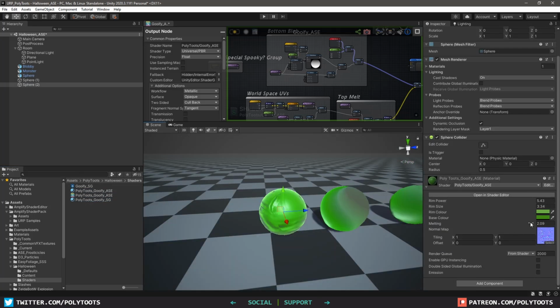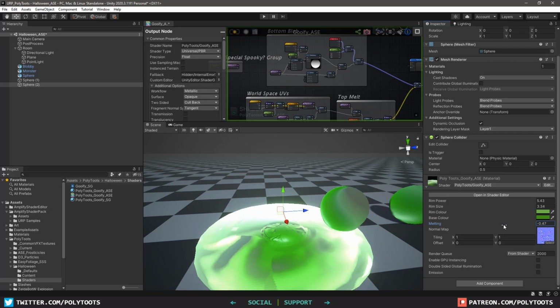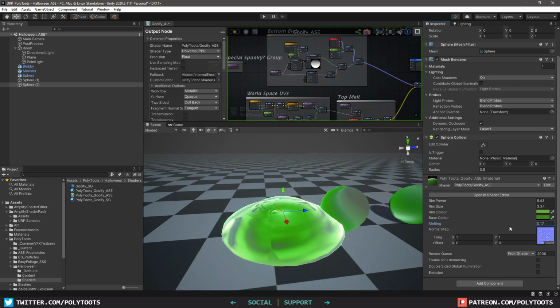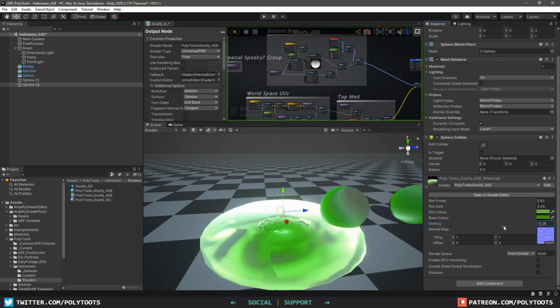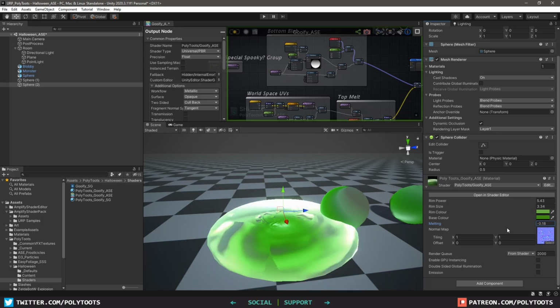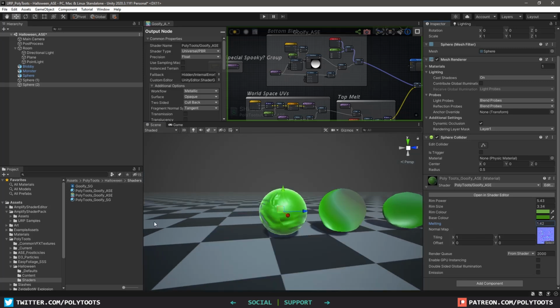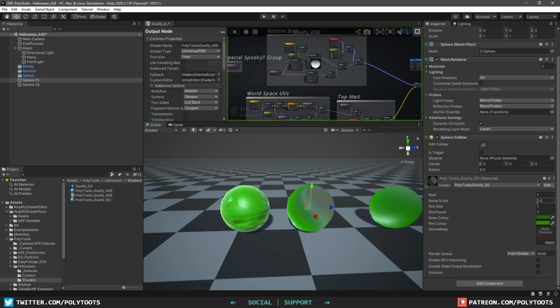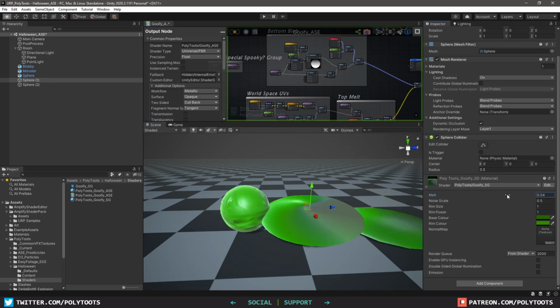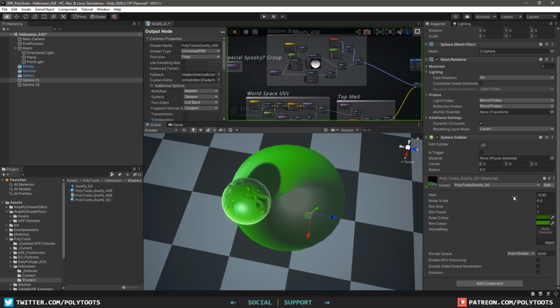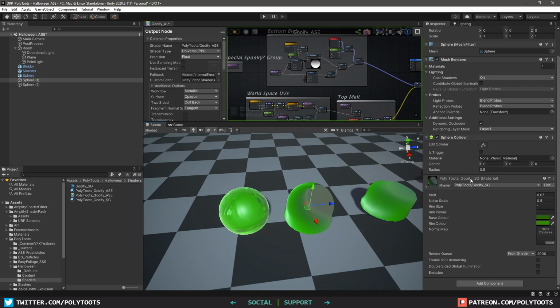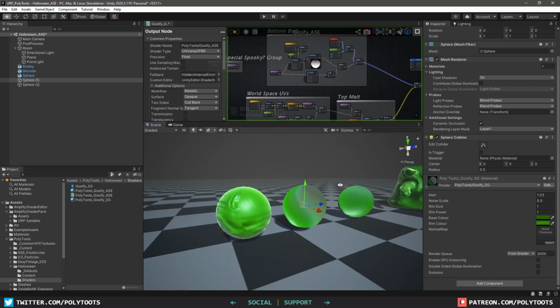So if we come down with the melting, we can see it's quite a strong push value actually. I'll have fun with that. Yeah, it does this and it goes down in a straight line. But the weird thing about the Shadergraph one is once it reaches beneath the point of an object's pivot, or rather once it goes beyond 0, it starts to offset the mesh. So yeah, I felt like I had to include that just for anyone who's hoping to use the